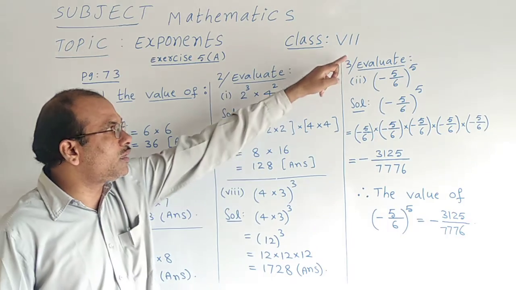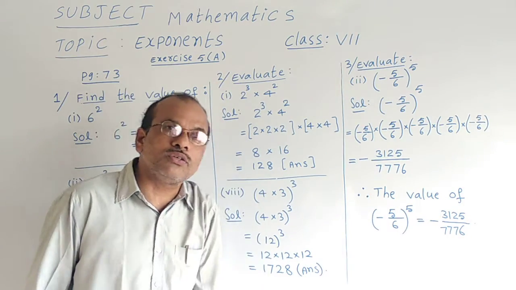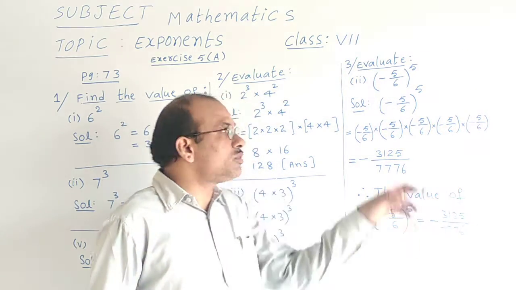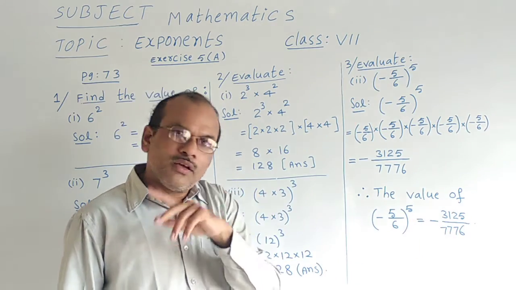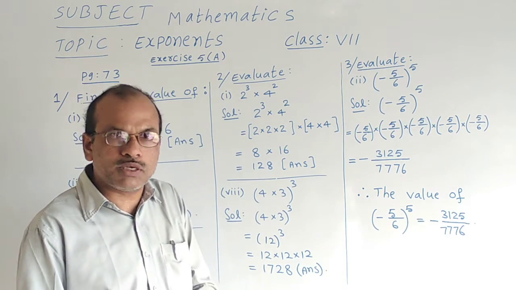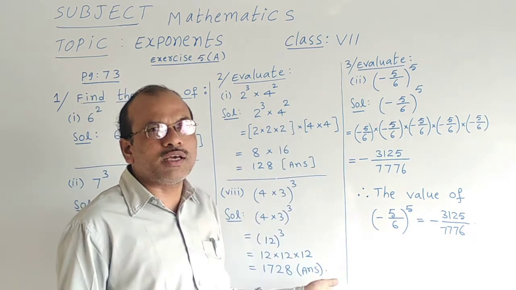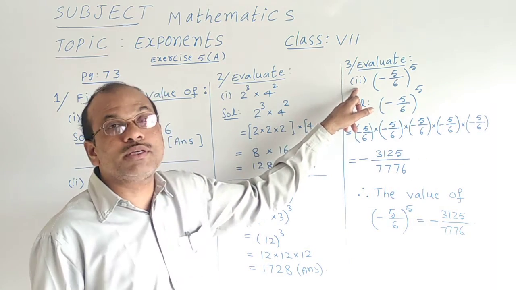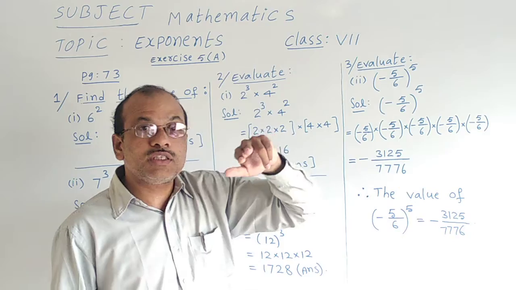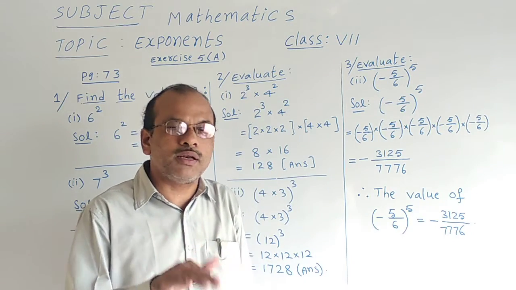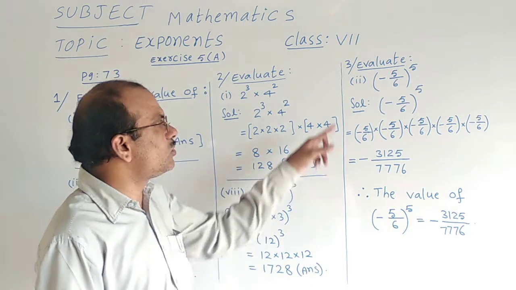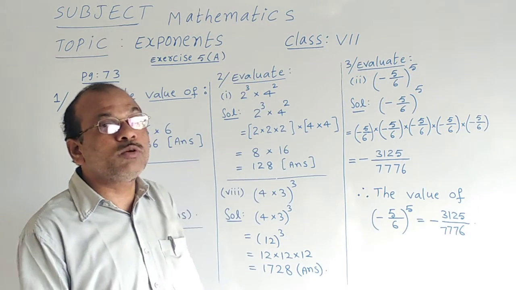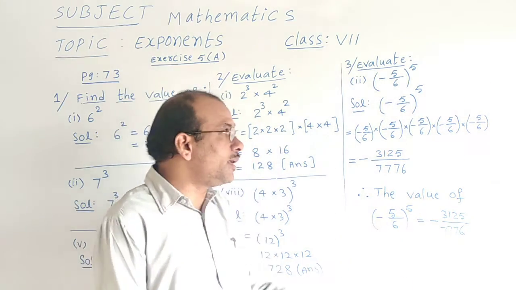In question 3 they said evaluate. Here also it is the same as this, but symbols are given. The negative symbol is given, that is a minus symbol. We know how to multiply with minus symbols also. Let us see one question based on the negative symbol. In question 3, I want to teach the second bit, because the first bit is with the positive, plus symbol, and that will be very easy for you. So let me teach with the minus symbol. If it is clear, then you are able to do that part also. Okay now? Then listen here.